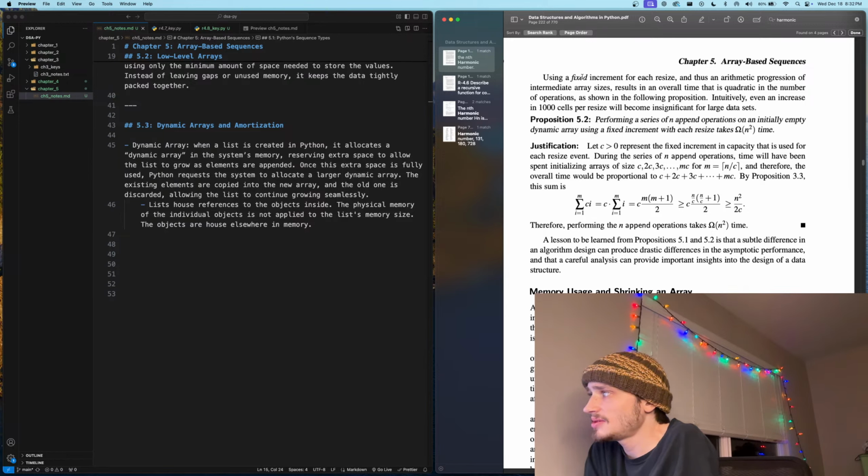So we let c be greater than 0, representing some fixed incrementing capacity that is used to resize each time. During the series of n append operations, time will have been spent initializing arrays of size c, 2c, 3c, all the way to mc, for m equals the ceiling of n divided by c. And therefore, the overall time would be proportional to c plus 2c plus 3c all the way to m times c,